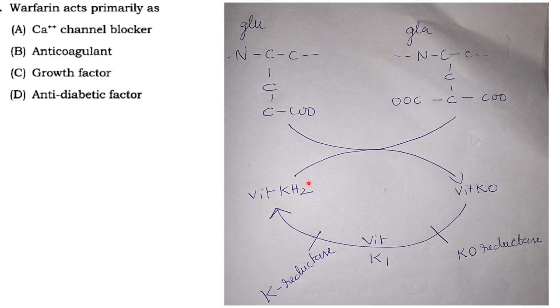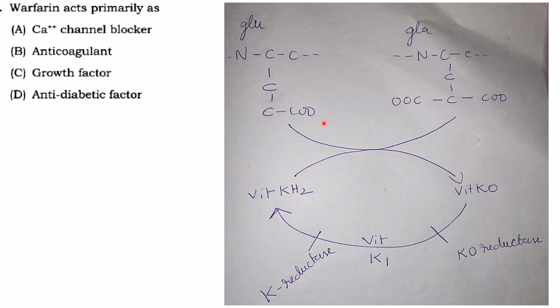Okay. Now vitamin K, it is obtained from food sources and it will be reduced to vitamin KH2 by vitamin K reductase. Now this vitamin KH2, it will be oxidized to vitamin KO and it is coupled to the gamma carboxylation of